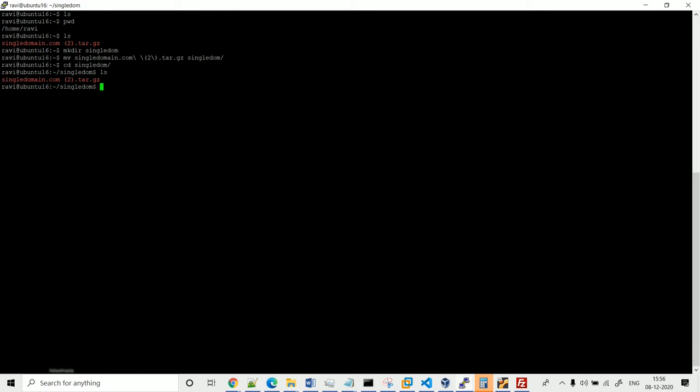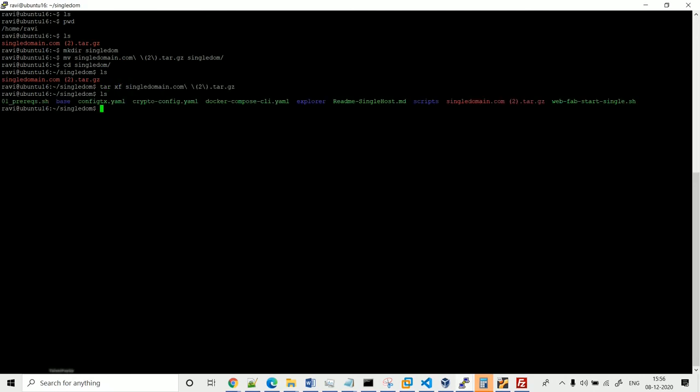Since I extracted the file, you can see all the files are here, so I'm going to read the first readme single host MD file. This file gives some information about what you are supposed to do here.